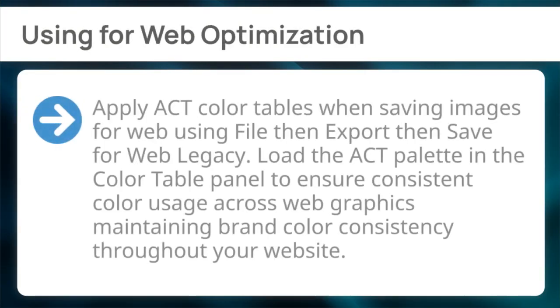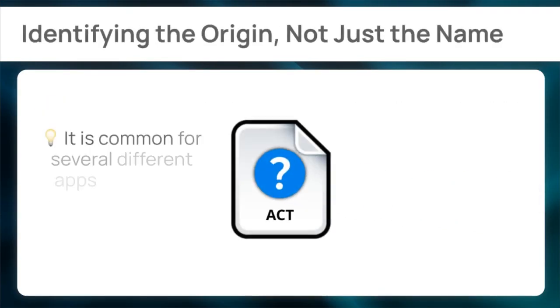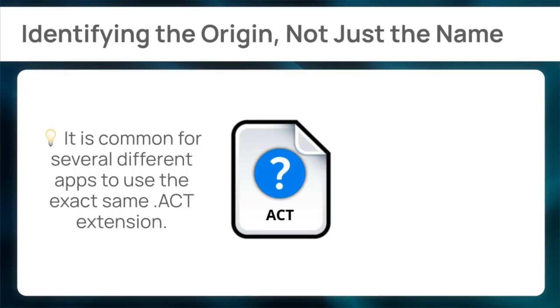Finally, using for web optimization. Apply ACT color tables when saving images for web using File, then Export, then save for web legacy. Load the ACT palette in the color table panel to ensure consistent color usage across web graphics, maintaining brand color consistency throughout your website. If compatibility checks failed, it is likely because the file extension name is shared by different